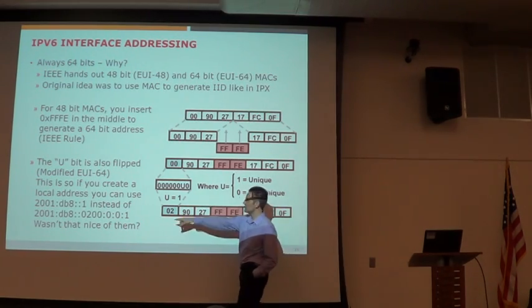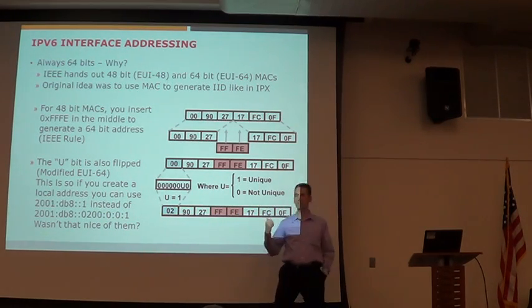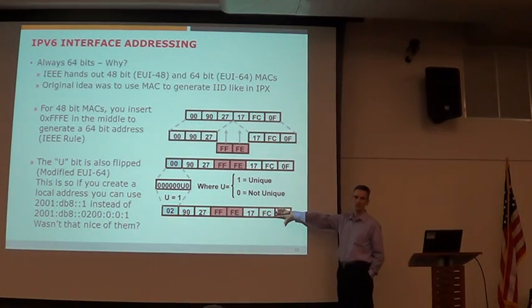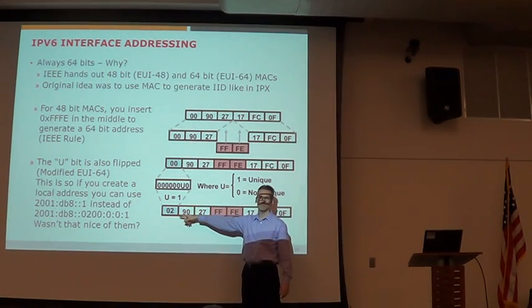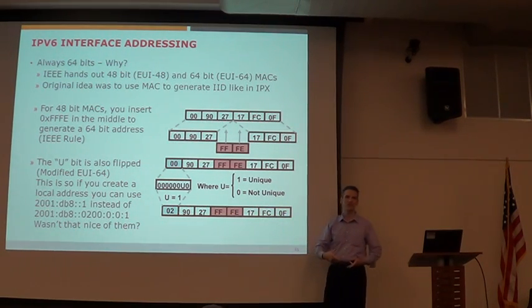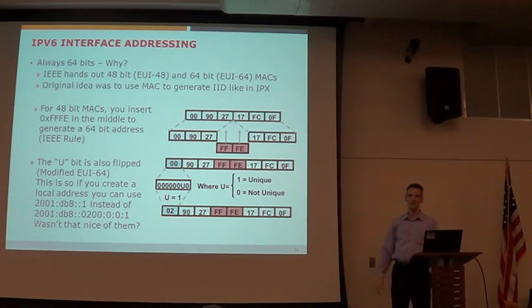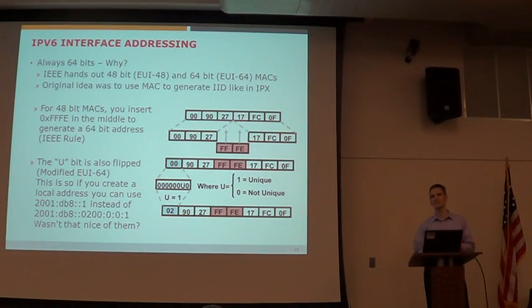So to make our lives easy, if we want to be able to do something like this, they basically flipped it. This is assigned globally, right? This is assigned from the IEEE, so the unique bit should basically be 0. But we're flipping it so that if somebody assigns local addresses, it makes it easy. Does that make sense? It's a shorthand way of saying it, right? If you're creating local addresses, it makes your life much easier. I know that's a little confusing, but it was actually done that way to make our life easier. So it's just a reference.